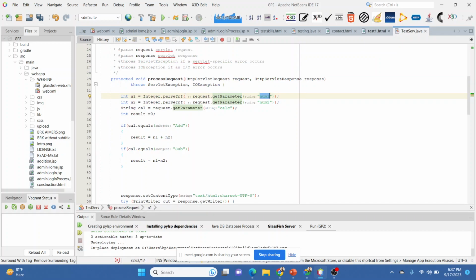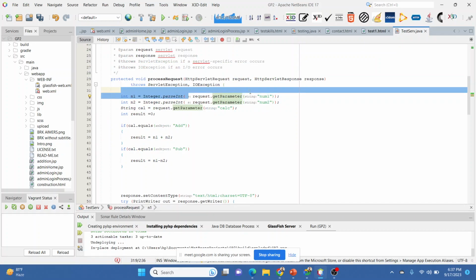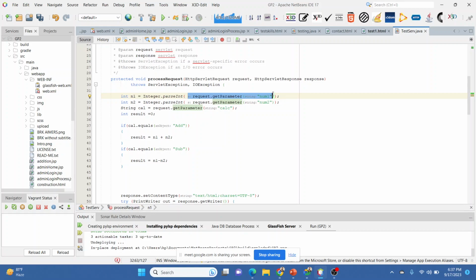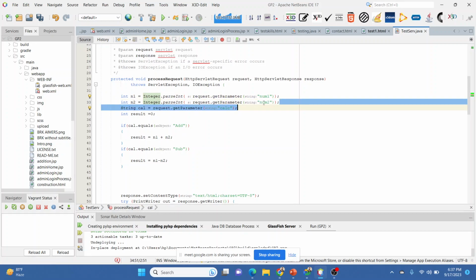The data initially comes through HTML as a string, so we convert that string into an integer and save it into the n1 variable, which is of integer type. Then again we request the parameter number two.